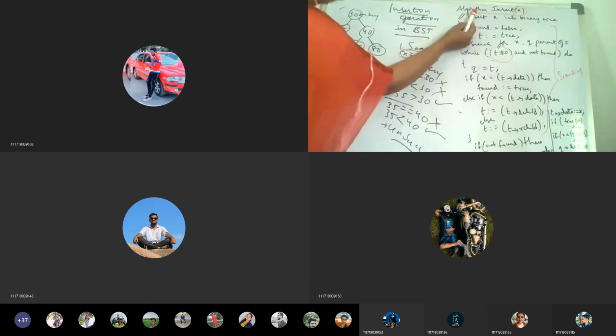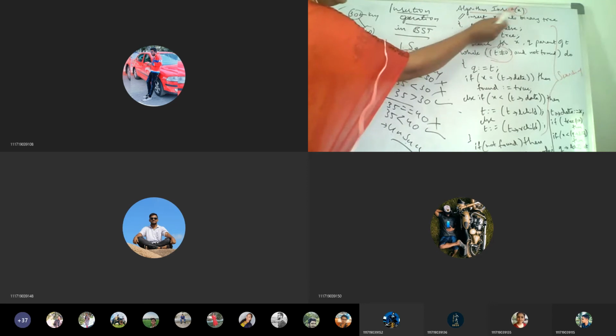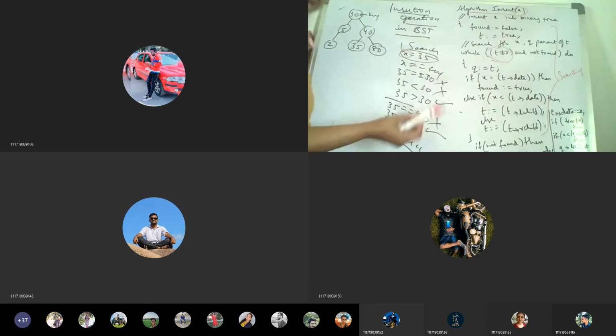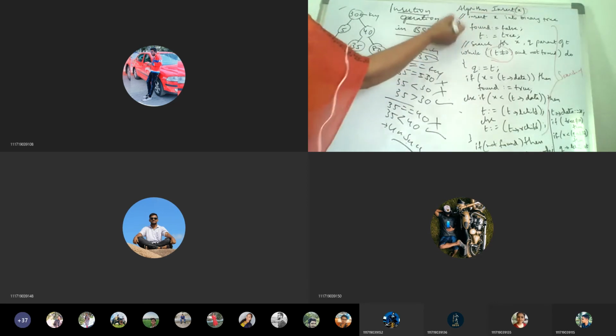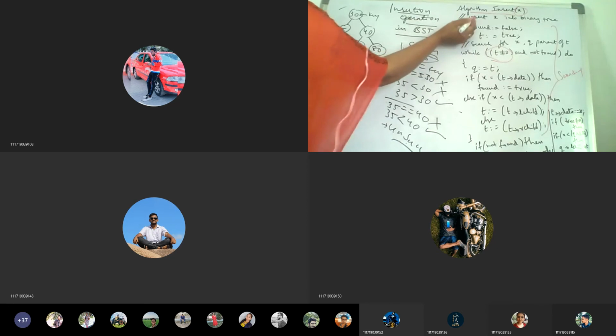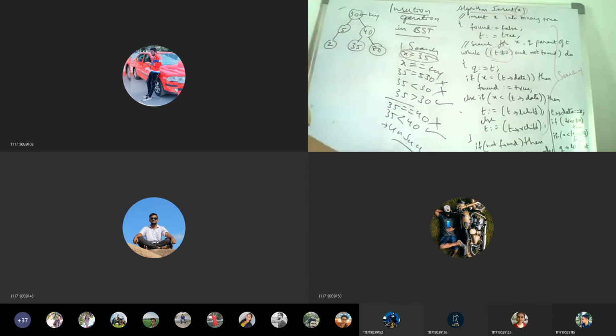So this is the algorithm for inserting into a binary search tree, and the parameter is what you want to insert, that is x. In the algorithm, the comment you can give with two forward slashes: insert x into the binary tree.